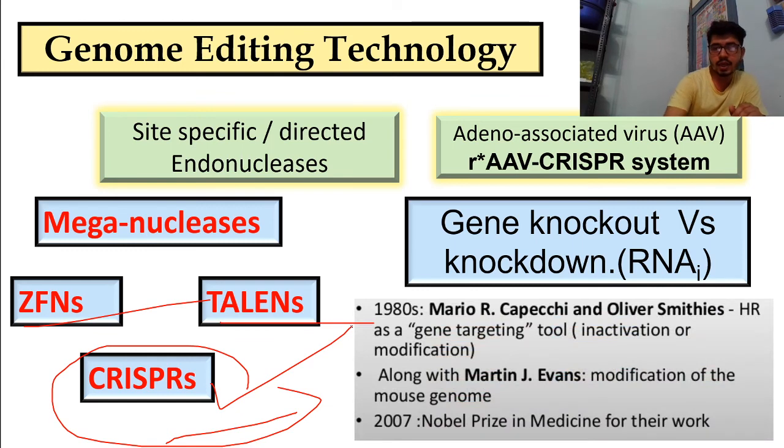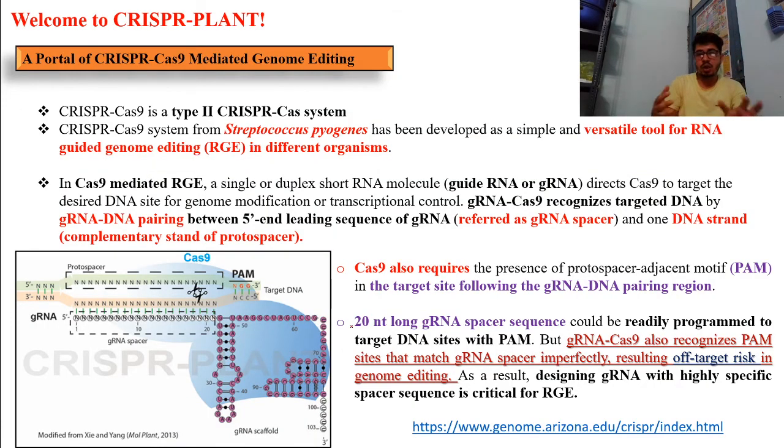Okay, so these are some history, so I am not going to describe it. You can just stop the video and try to know about this. So this is all about the CRISPR-Cas9. Whatever we are using is the type 2 system of CRISPR-Cas9. The CRISPR-Cas9 system has been taken from Streptococcus pyogenes, and developed as a simple and versatile tool for RNA guided genome editing in different organisms. In Cas9 mediated RNA guided genome editing, a single or duplex RNA molecule, called gRNA,